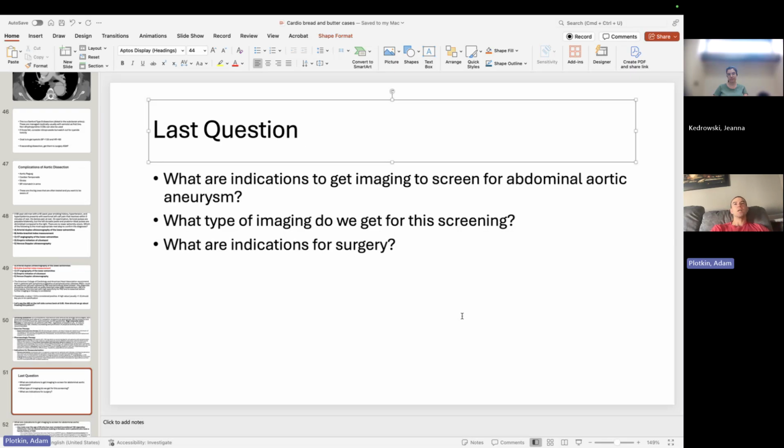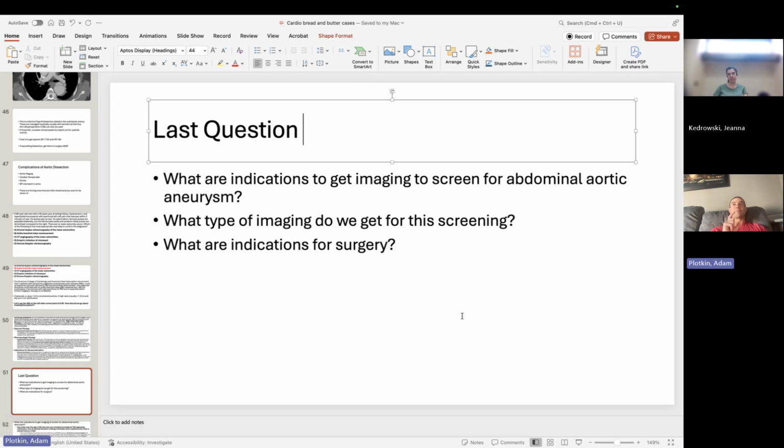Women who have smoked usually get a grade C recommendation. It's hit or miss. Again, I agree with you. Shared decision making. And then family history of AAA is also shared decision making. But again, your buzzwords for the exam: older male smoker, over 65, you're going to want to get a AAA or abdominal ultrasound. And then indications for surgery.